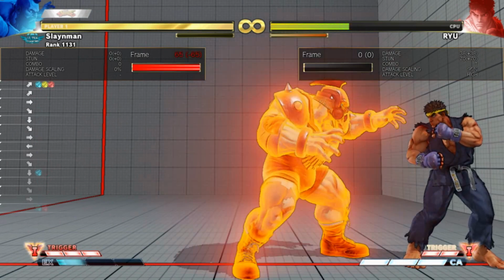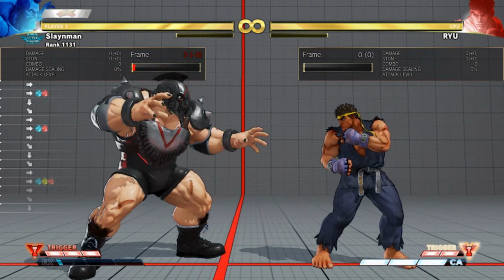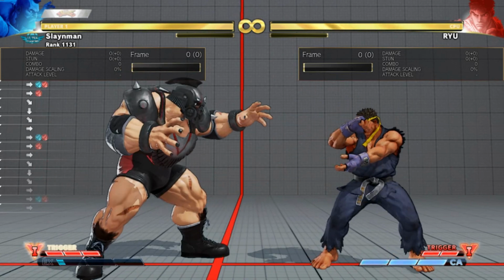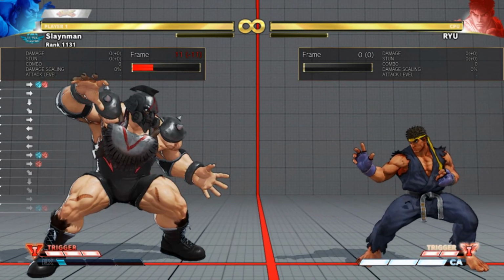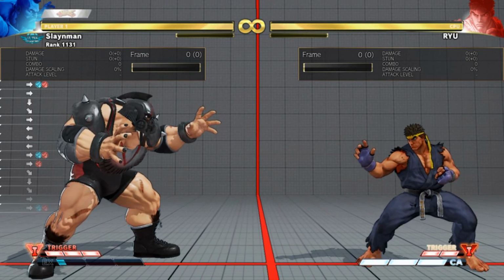Cannot special cancel into it. Oops. The command was changed to 2 punch buttons instead of just 1. So there you go. It's a lot faster. Here's the thing, is that parry...